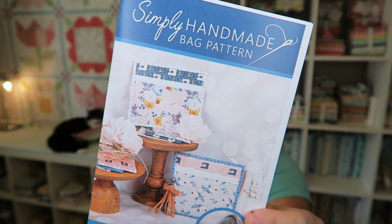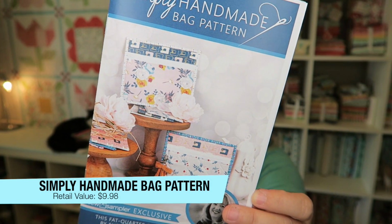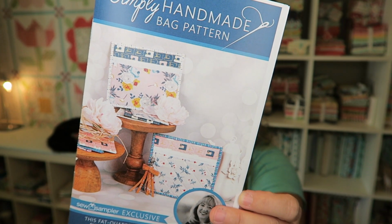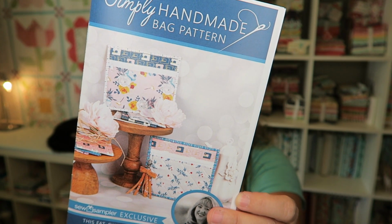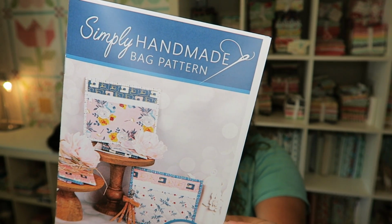And moving on to the pattern that I just mentioned, this is the Simply Handmade Bag pattern. This is a Fat Quarter Shop exclusive for our Sew Sampler boxes, and it combines quilting and zippers in a cute little bag that you'll want to pack with you. This was inspired by Sherry McConnell of A Quilting Life, and they do have a video actually that shows how to put this bag together as well. This pattern retails for